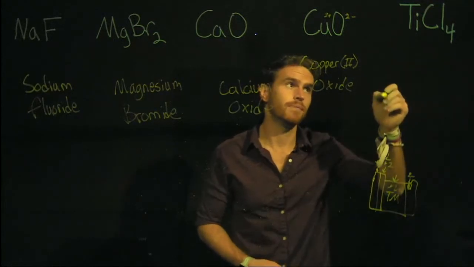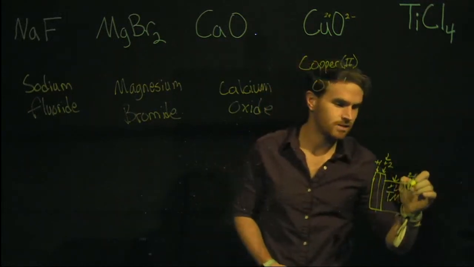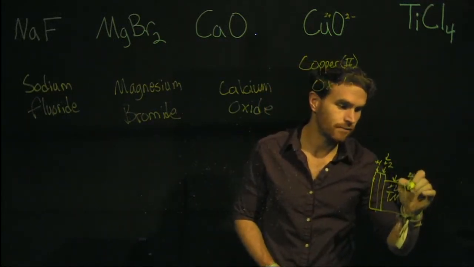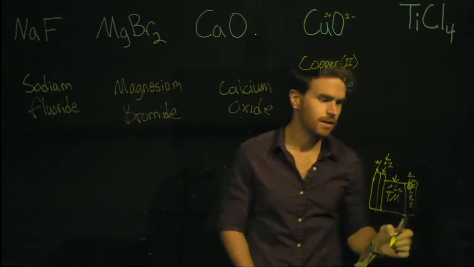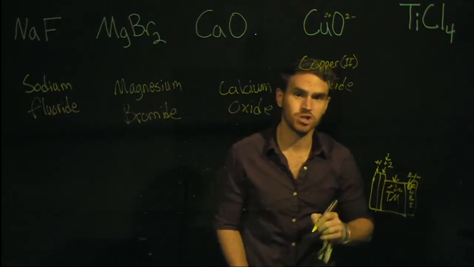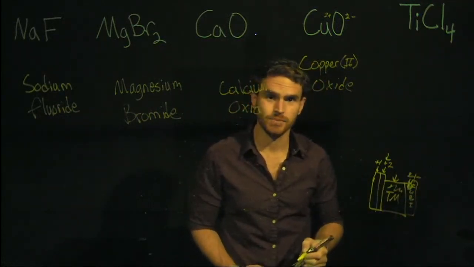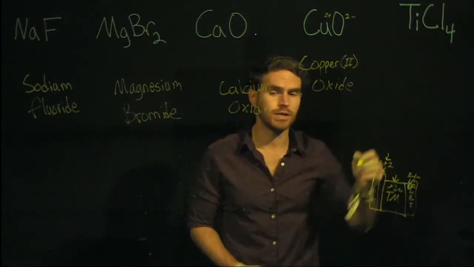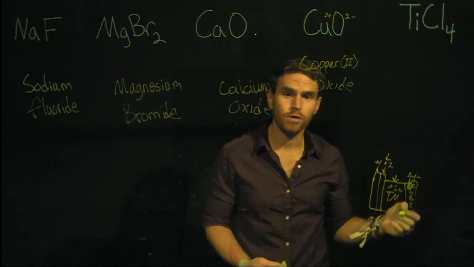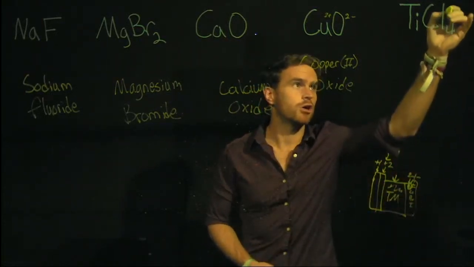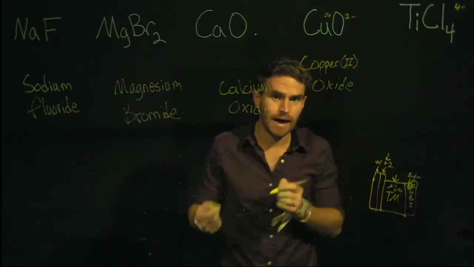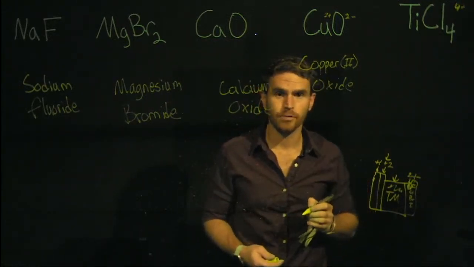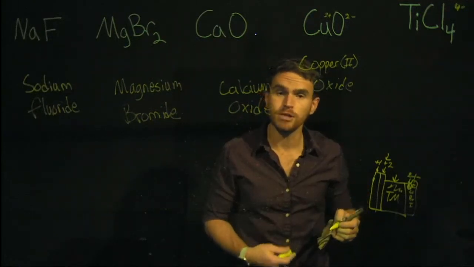There's only one of them. And chlorine is a halogen. And halogens, like fluorine, chlorine, bromine, iodine, always take on a 1- charge in their ionic species. So if chlorine is 1-, and there are 4 of them, then the overall charge from the chlorides is going to be 4-. Now, in order to balance out and make a neutral compound, titanium, I then know, must be